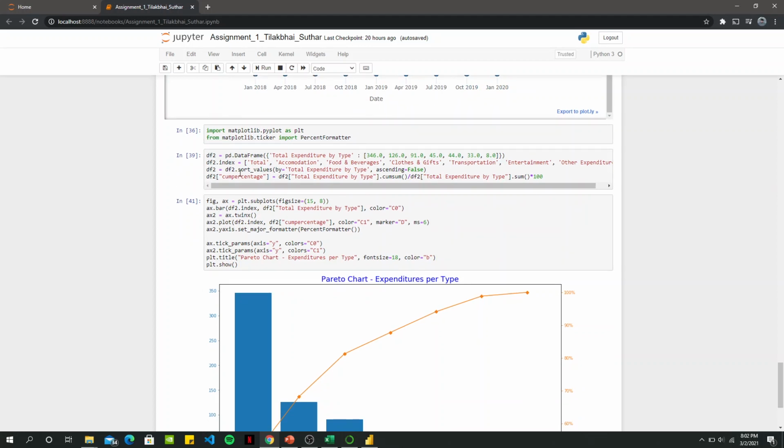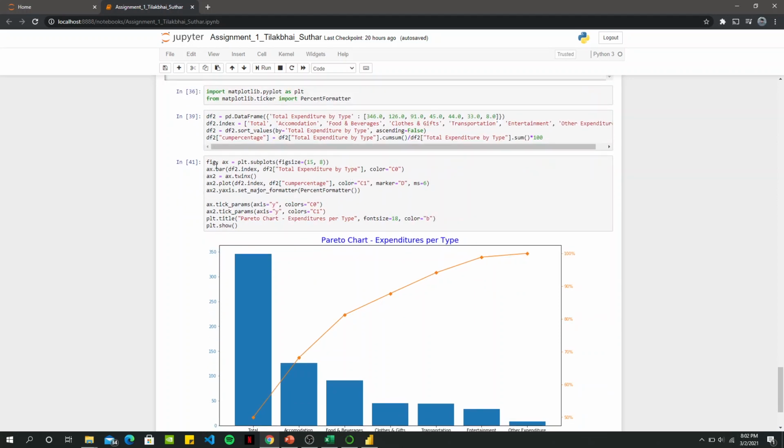I sorted the values by total expenditure by type, with ascending set to false, so the bars in the bar chart are descending. The cumulative percentage I've calculated by doing the cumulative sum and then dividing it by the total times 100. Then the figure is subplotted in figure size 15 by 8, and I made the bar chart with the index, with color C0, which is blue, and axis 2 is plotted with color C1, which is orange, at size 6. So 0 to 6 is 7 total